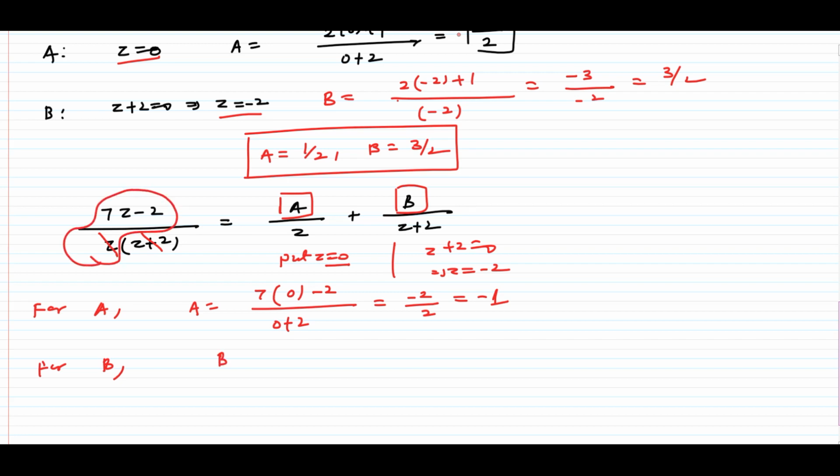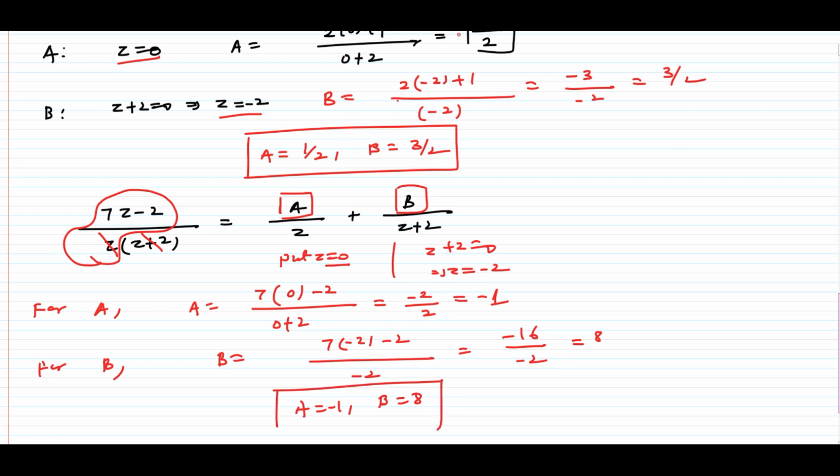So the value of b will be 7 times negative 2 over negative 2. This value is equal to negative 16 over negative 2, that is 8. So we will get the value of a, that is negative 1, and the value of b, that is 8. And this is our required answer. So put the value of a and b